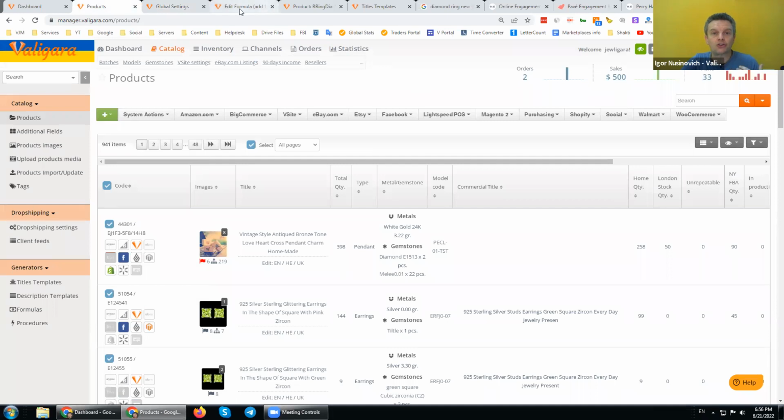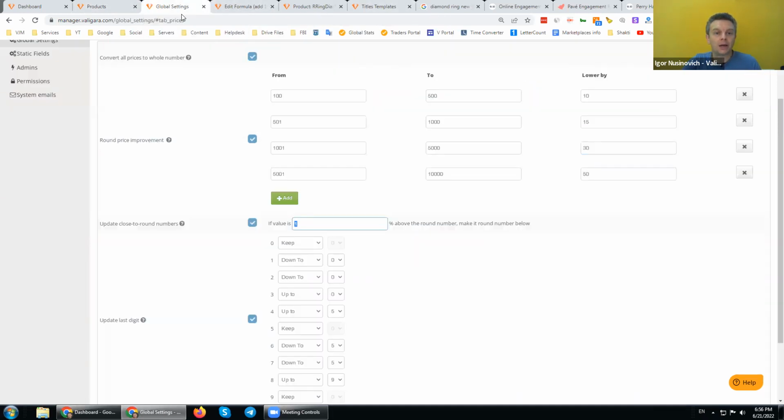Again, Valigara will check if we went up less than 1% from 4,000, because here it allows 1%. This is what I personally recommend. 1% will not change your price critically. So if the calculation ends up with 4,002 or 4,017, take it to 3,900 according to this area 70.